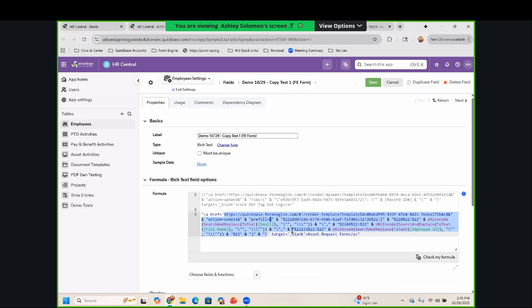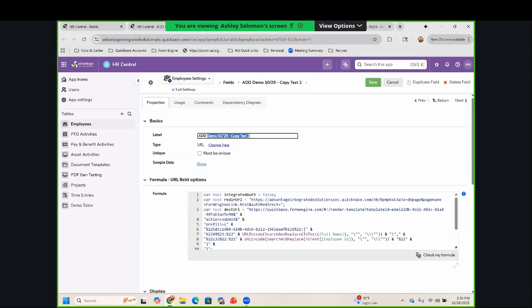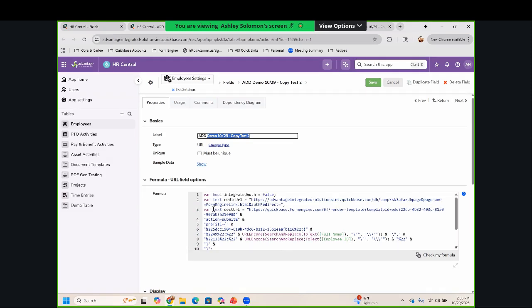Again, this is what comes from the formula URL that we're going to paste into this overall formula in our rich text field. So I'm going to copy this, paste it here, and then I'm going to go into my formula URL and grab, so